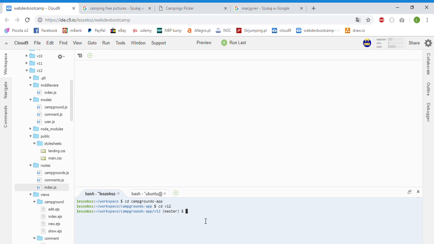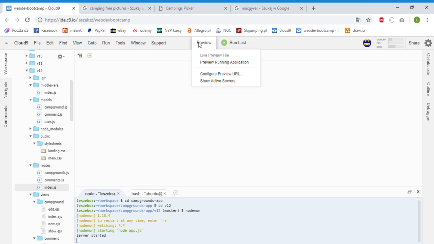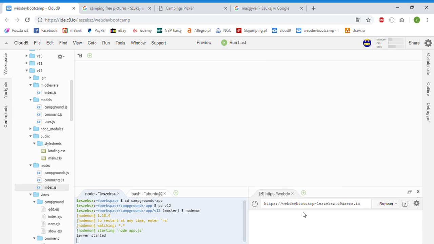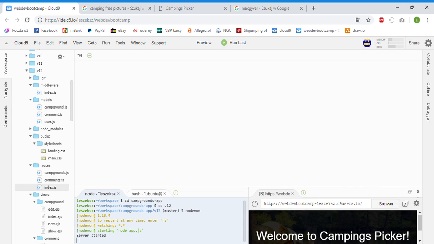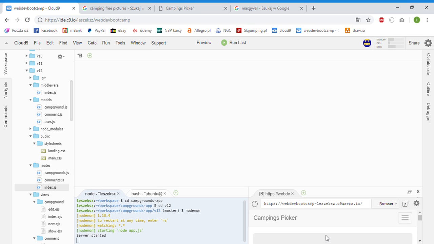Now we have to fire the application. So node app. And server is started. Okay. Now we can preview our application. And this is here. I showed you this